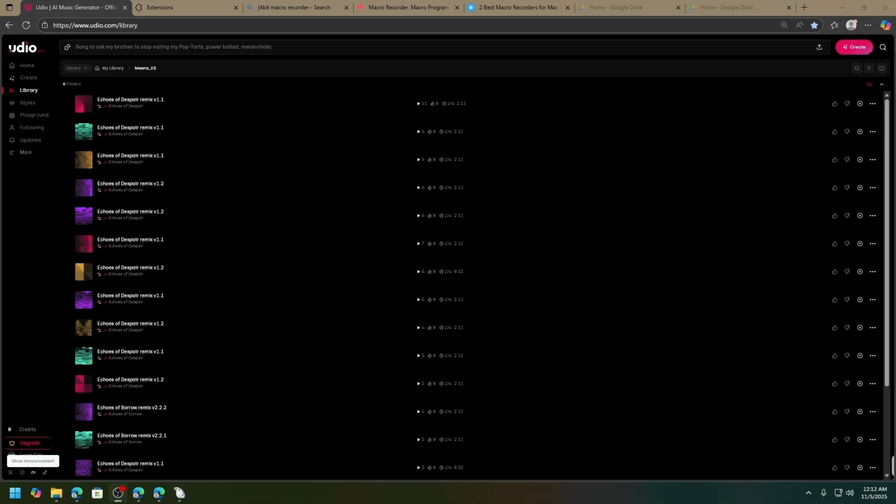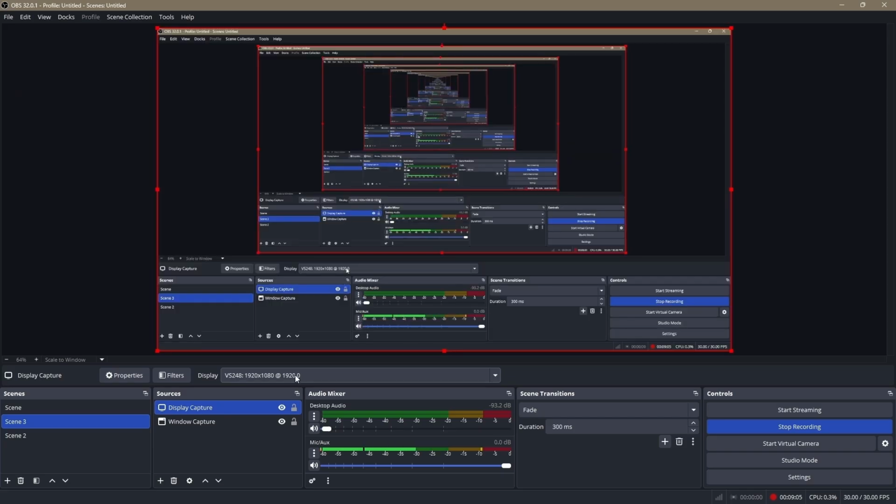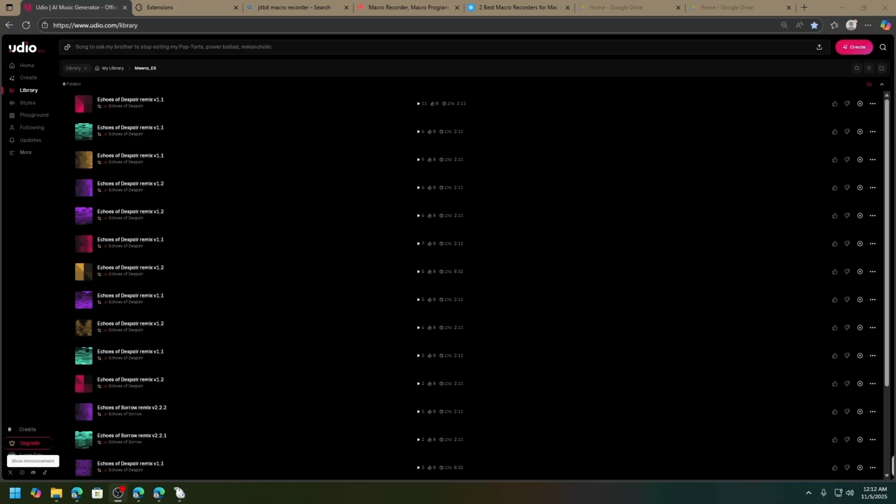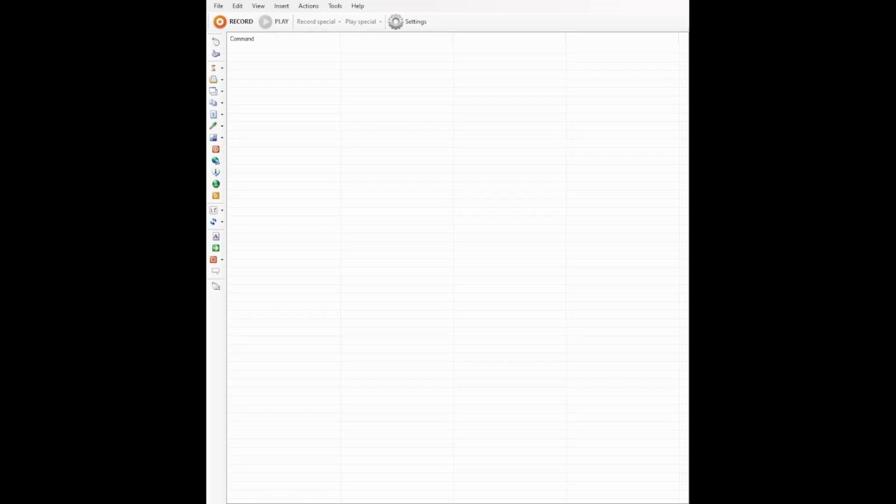All right, so we're going to go to the next window, and we're going to look at the Jitbit macro recorder, wherever it is, somewhere on the computer. Somewhere. Okay, give me a moment. Okay, here is the Jitbit macro recorder. All right, so we're going to bring that up. I'm going to come to it, and we're going to look at it.